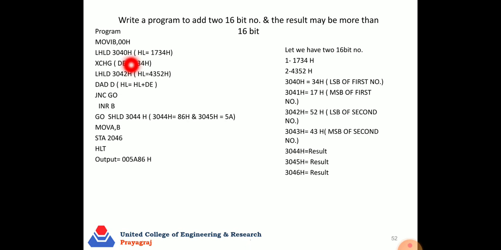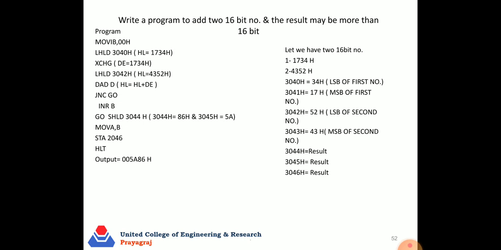So if there is a carry, JNC means if there is no carry, then it jumps. If there is a carry, then we do not skip INR B. If the condition is true, then it skips this line INR B and directly jumps to this instruction.